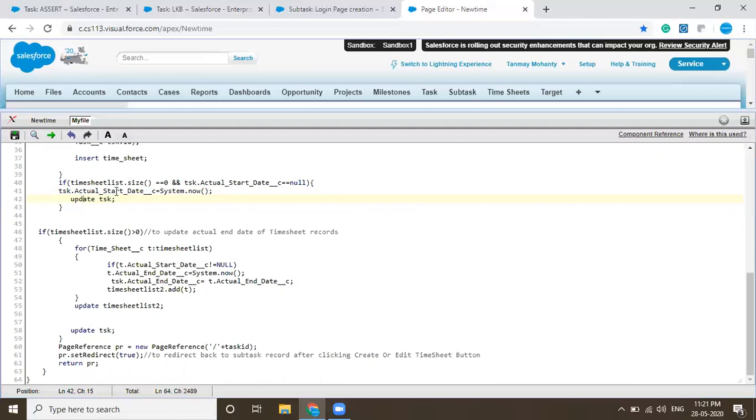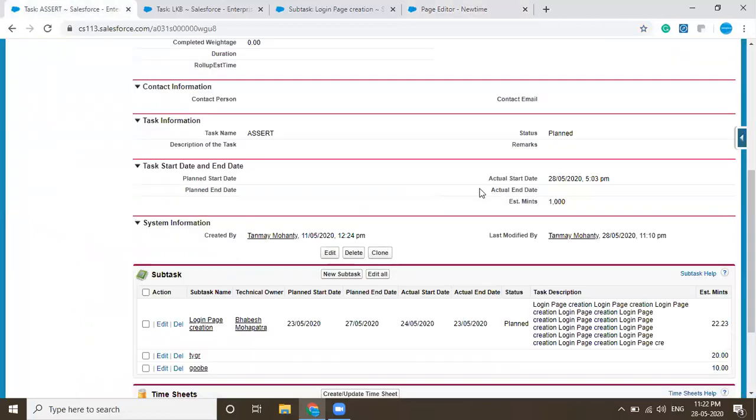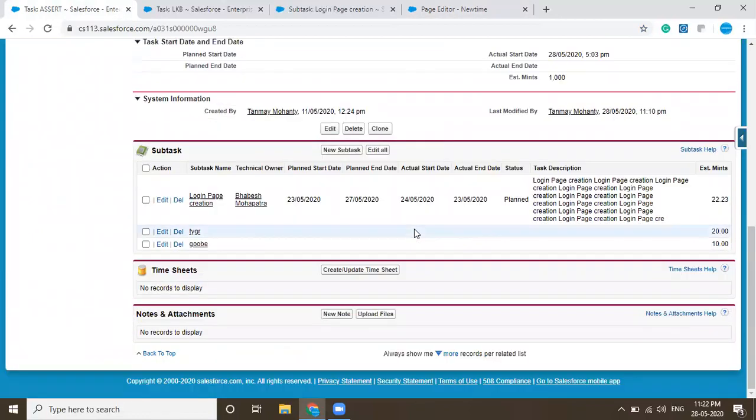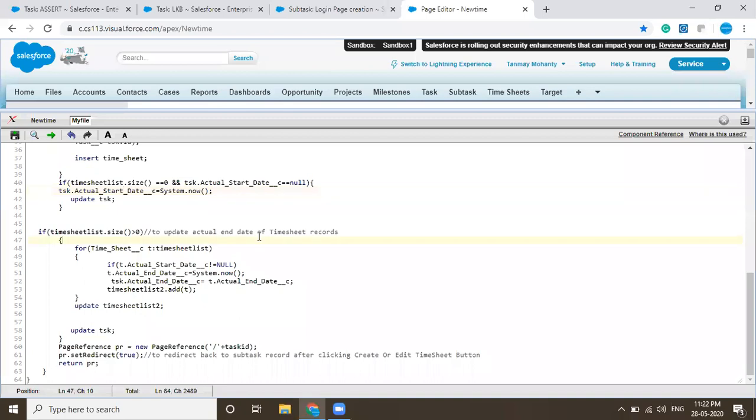Then we are updating the date. If we haven't given a start date in the task, but we have clicked on the timesheet, then automatically, in the task list, if I haven't written the actual start date, but on that particular day I want to start my work, so I clicked here. It will show an error if there is no time here. There should be a concept in which we click the button and the date gets replicated here with the update of the page. So this is the concept that we have written over here.